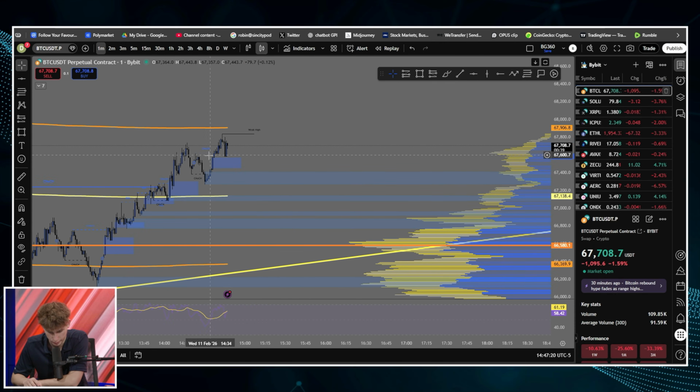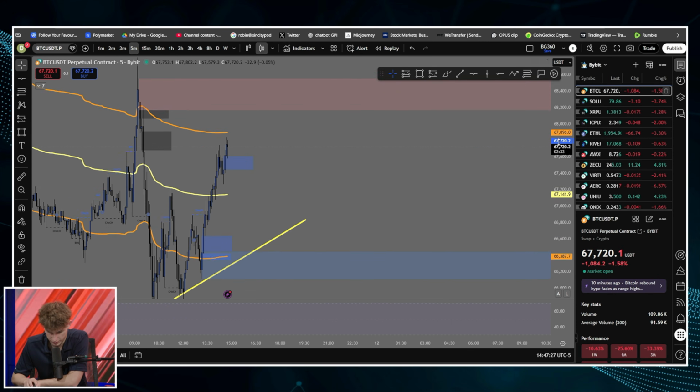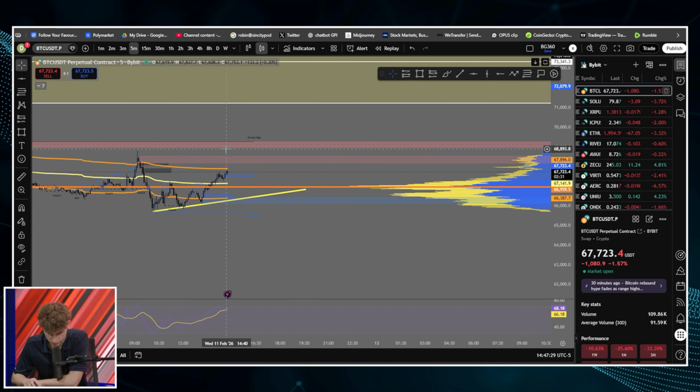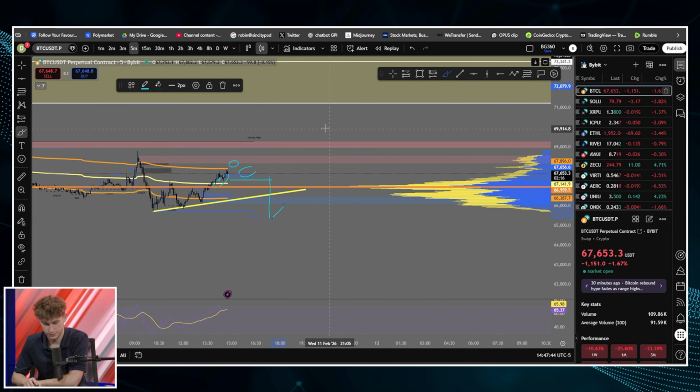It hasn't hit the VWAP upper band. We're not seeing any confluence. It looks like it's going to continue to create market structure. Now on the 5-minute, we made a lower high, and then we're about to make a higher high, and I think after that we'll make a lower high. We're going to see a higher high probably here, and if we pass through this, we'll see a lower high, and then I'll wait for that to get invalidated, and I'll get in off that and take a short.